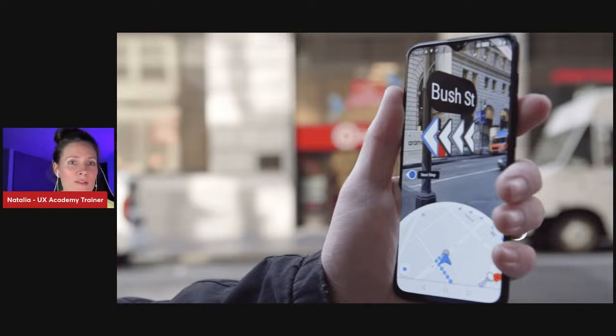I tried to survive with the map. But when Google launched augmented reality, that was game changing. Before, I considered augmented reality just for games, taking pictures, or playing Pokemon Go, but I was surprised at how we can use augmented reality for something really helpful.